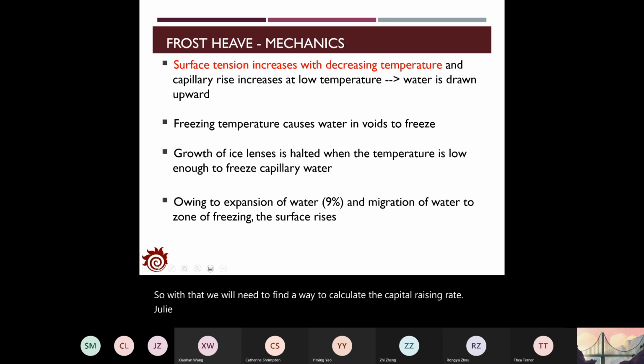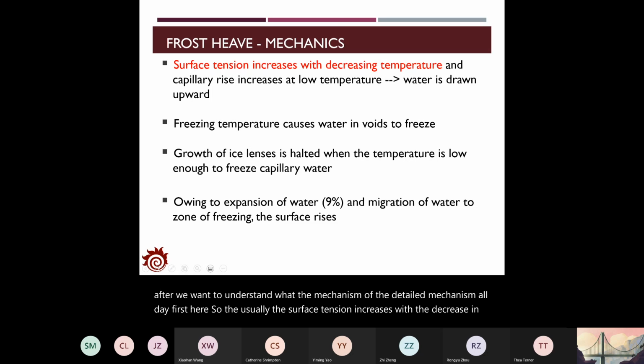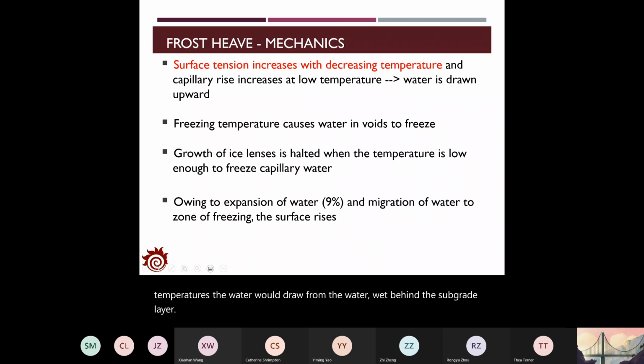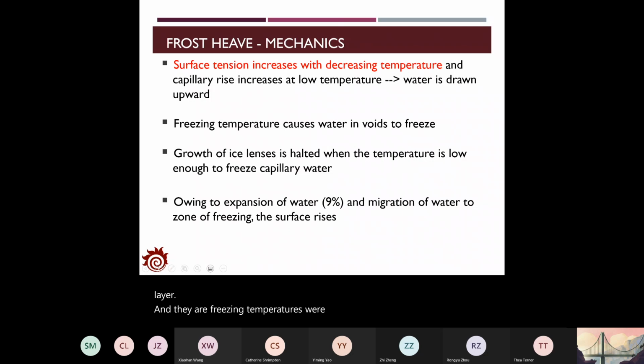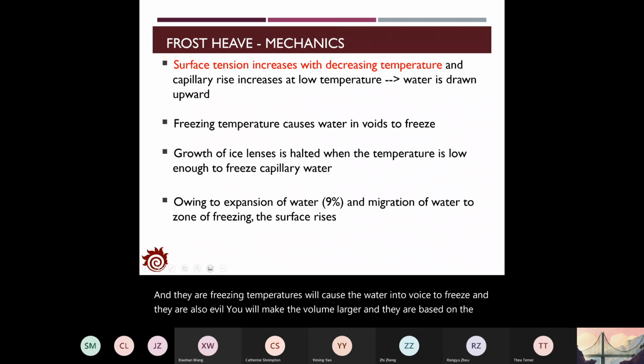But before I go to that, we want to understand the detailed mechanism of the frost heave. So usually the surface tension increases with decreasing temperatures, and the capillary rates increase at low temperatures. The water will be drawn from the water table behind the subgrade layer, and the freezing temperatures will cause the water in the voids to freeze, and also it will make the volume larger. And based on the capillary effect, which attracts all the water from the nearby area, the ice lens will increase, and